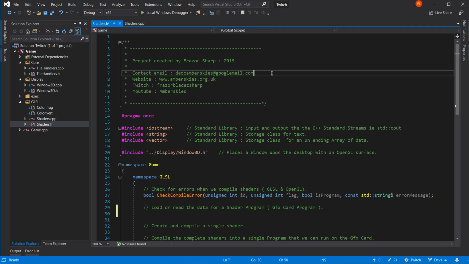Right, we're going to need this as an intermediary. So this is the in-betweener for loading or reading data for a shader program, because we can't use a vector directly. We have to have a string, or at least a char star, probably, for the shader itself, so it has to be converted.